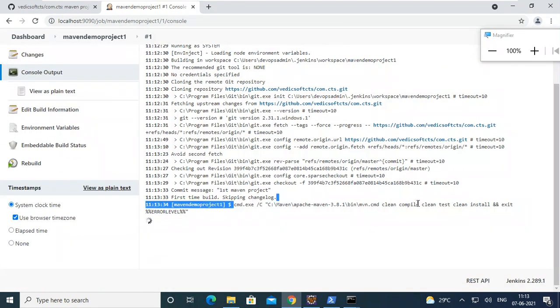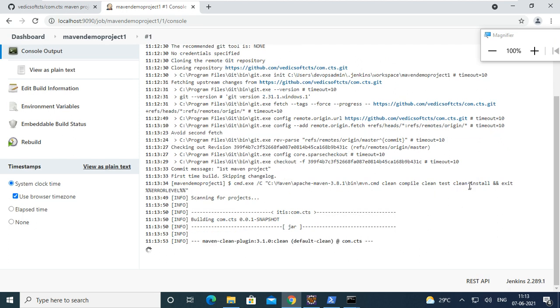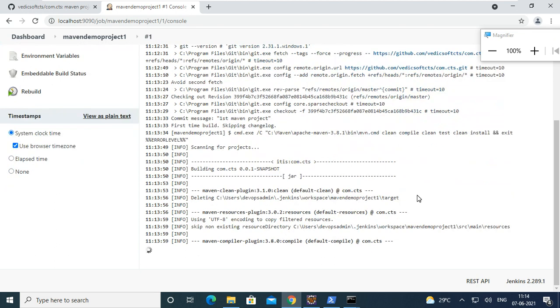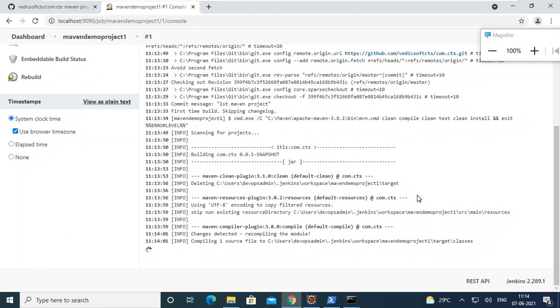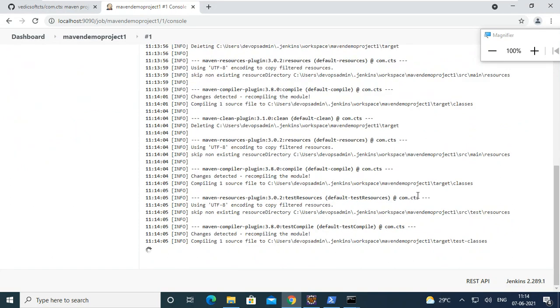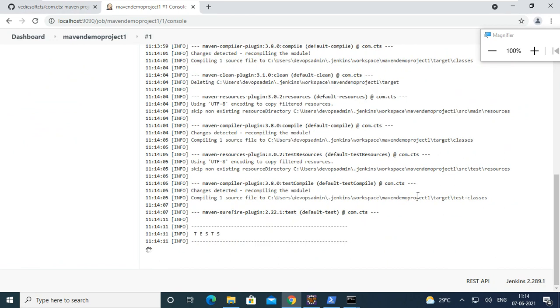Now Maven commands are running. See, automatically it is taking the Maven location. See Maven like this. First clean, then compile, clean, test, again clean, install. First one is the cleaning one. Test compile. It is not showing any outcome here.